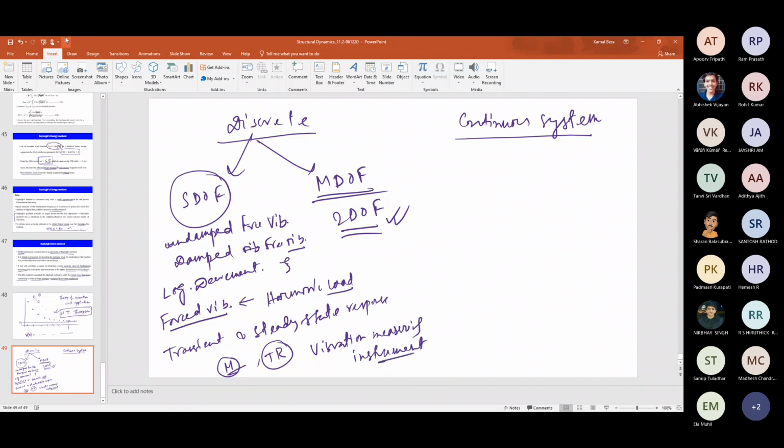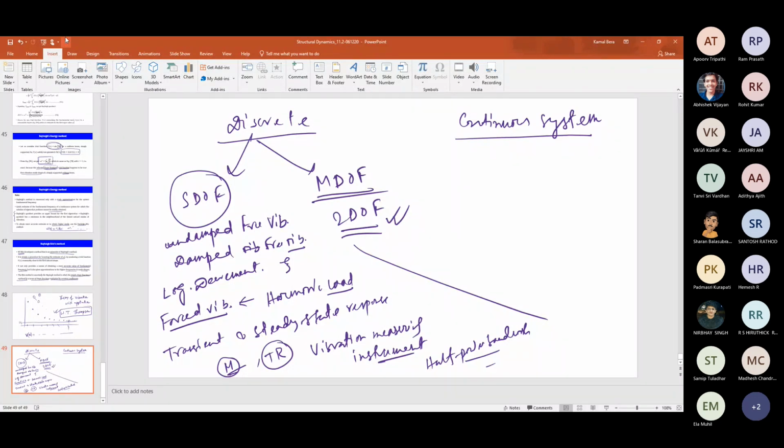Okay. By suitably choosing the damping and the stiffness properties of that single degree of freedom spring mass system, we can use that spring mass system as an accelerometer or a vibrometer like that. Okay. Then we discussed one more method of finding out the damping ratio, that is the half power bandwidth, right? Then we also discussed how to find out the damping ratio from the hysteresis, from the energy dissipation, that also we talked about.